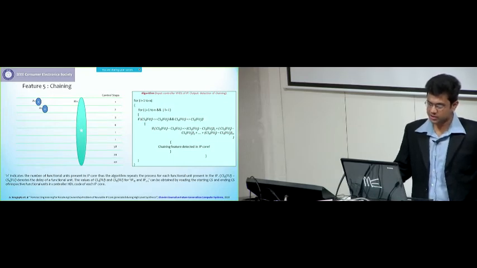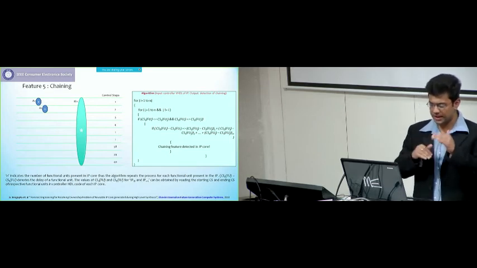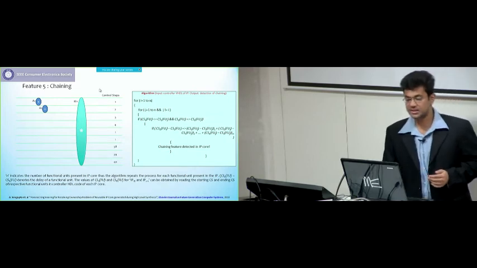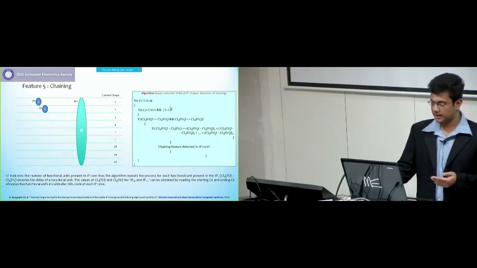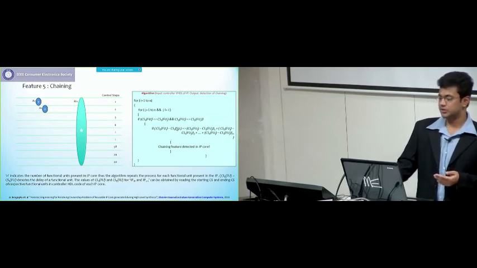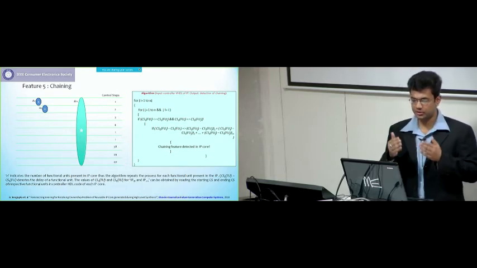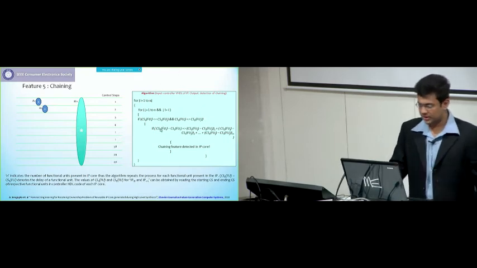The next feature set is called chaining. What it is doing is basically that there is a possibility that several small operations may be overlapping in time duration with a larger operation. So in this case, let's say the larger operation here is a multiplier that takes 40 control steps, and an adder usually takes 1 control step. So we have devised an algorithm to detect if the property or feature of chaining exists in the design or not. So I will explain what that is.